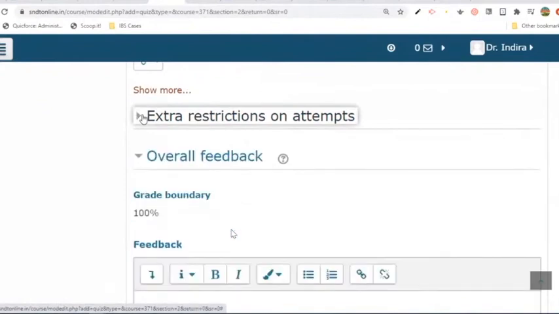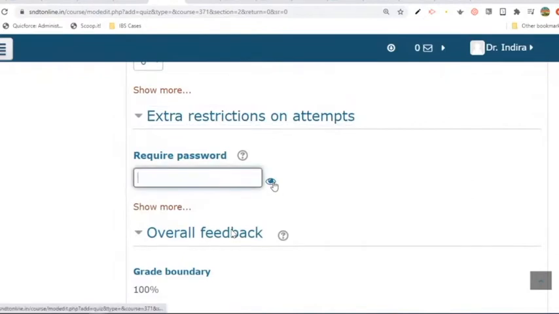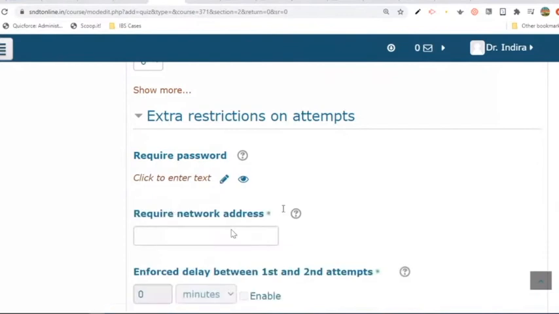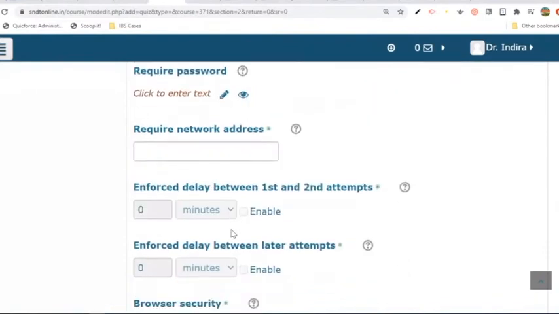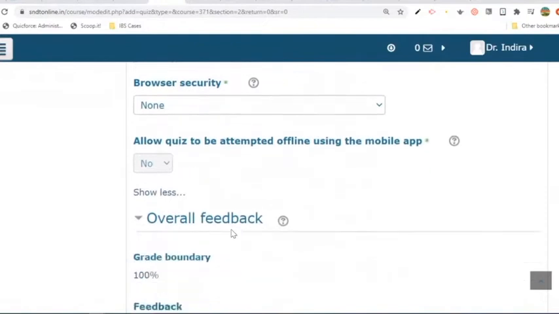Coming to extra restrictions, here we have, if you want to provide a password for every quiz, then you can have this. And here we have this required network address. If you expect them to attempt this quiz only from a particular network, but now it's not possible, every student is somewhere else, so we cannot.